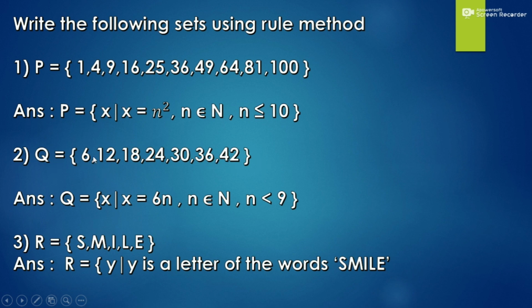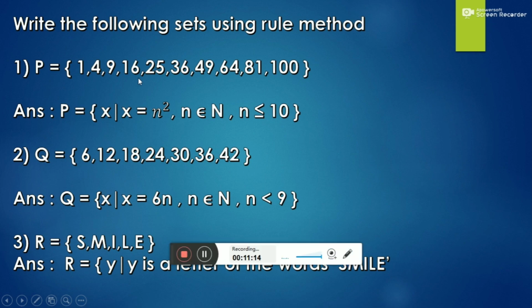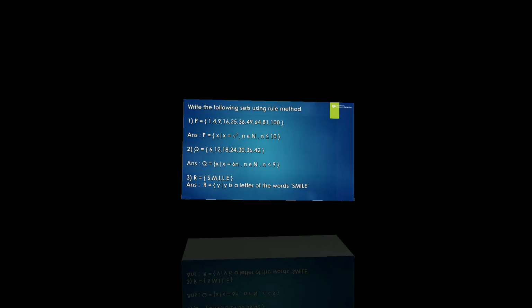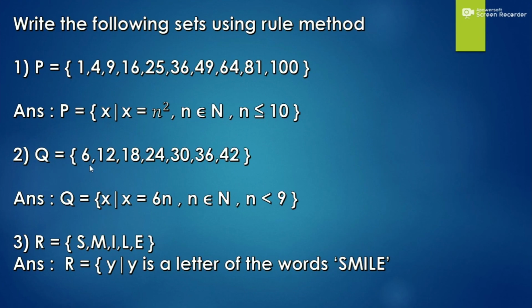Then question number 2, that is Q is equal to 6, 12, 18, 24, 30, 36, 42. These are the numbers which are multiples of 6. Here 6, 12, 18, 24, 30, 36 and 42. These 7 numbers are the multiples of 6. Therefore we can put